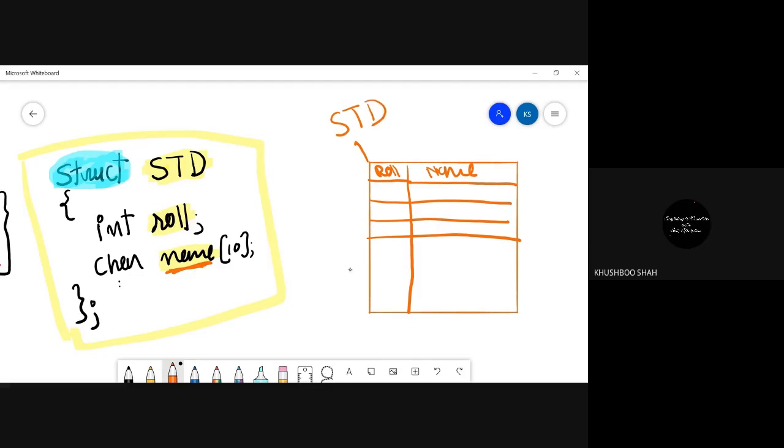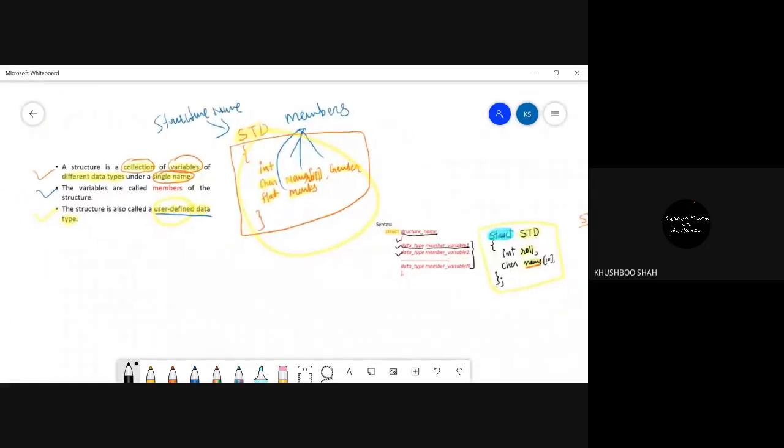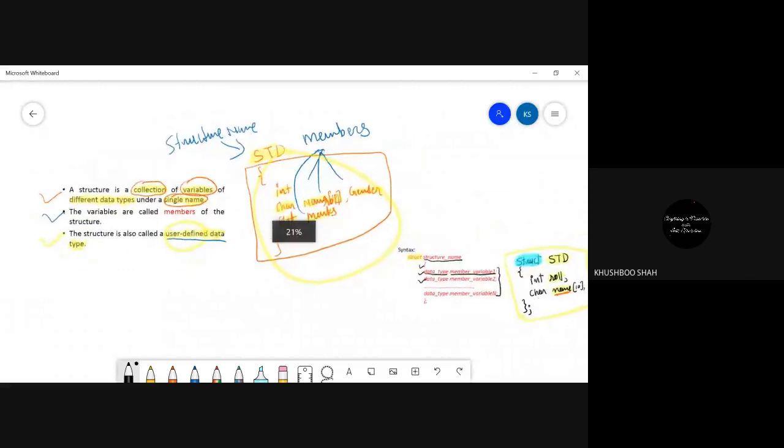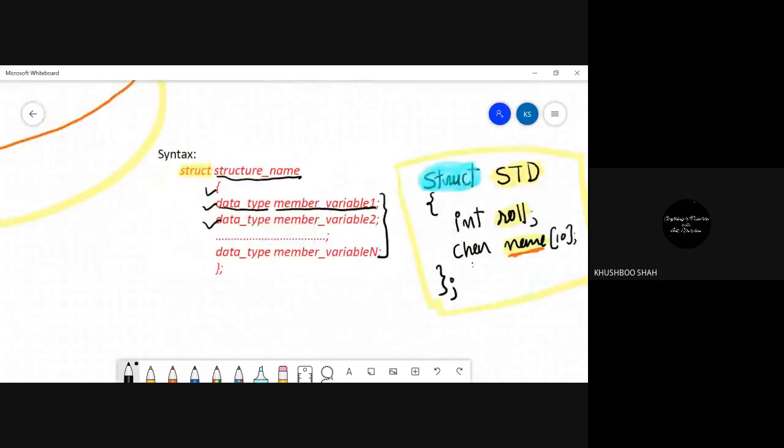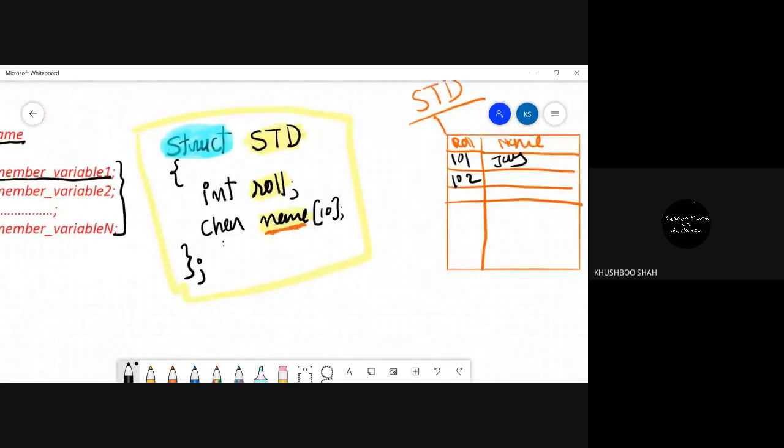Now you can store your data like 101, then 102, this way. Got it? Understood? Yes, ma'am. So this is all about the structure: the definition, then the syntax, and then an example of the structure. Any doubt, any query, guys?